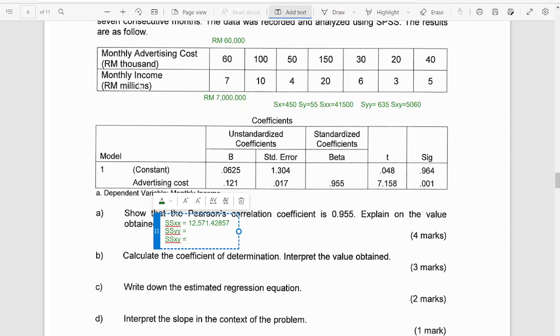And then for the sum of squares SSYY, so you take the summation of YY minus summation of Y squared divided by 7. So summation of YY is 635. So 635 minus, summation of Y is 55. So 55 squared divided by 7. So you get this to be